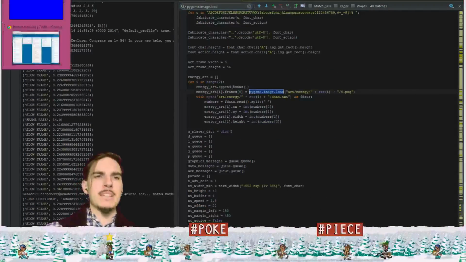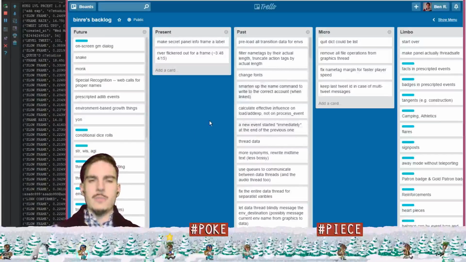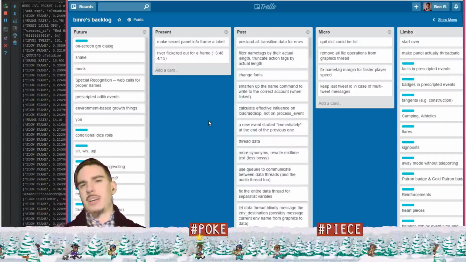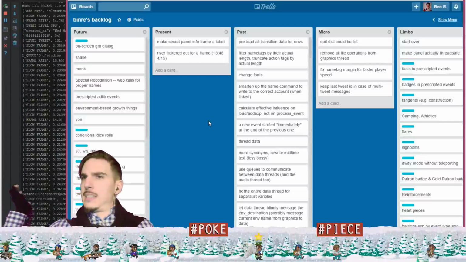Yeah, just a relatively small thing that was just cleanup from when I preloaded all the rest of the environment data. At the time that I set that up, it was